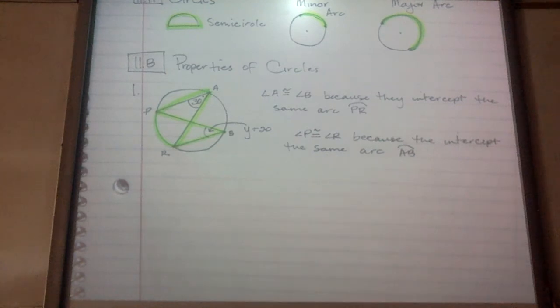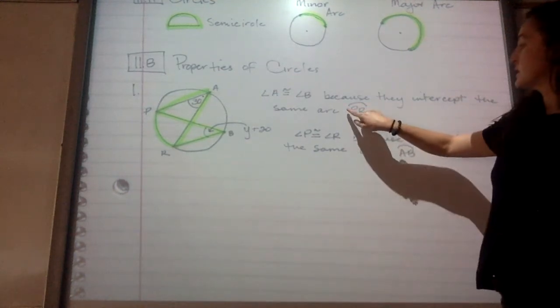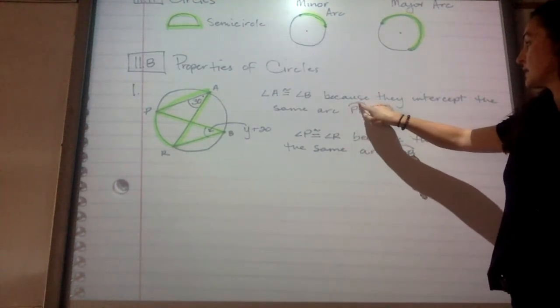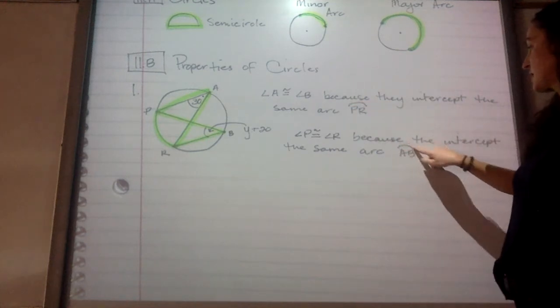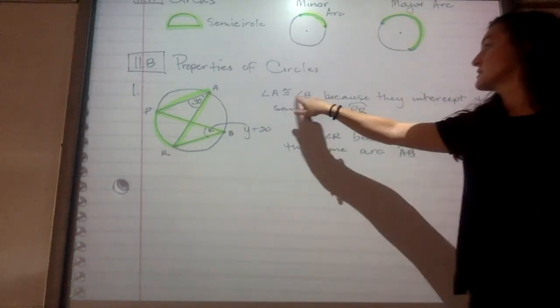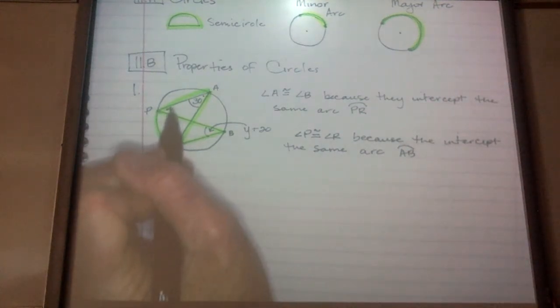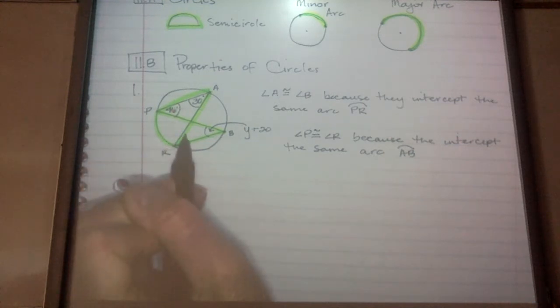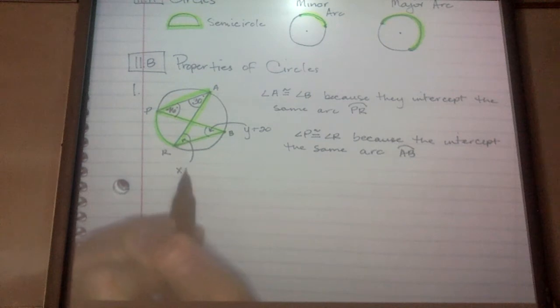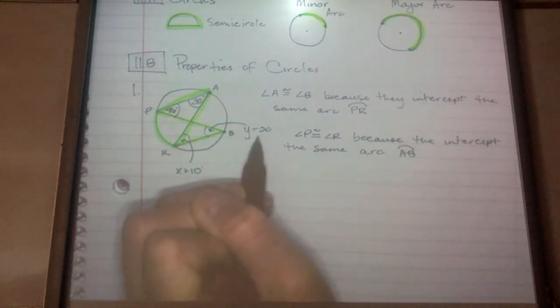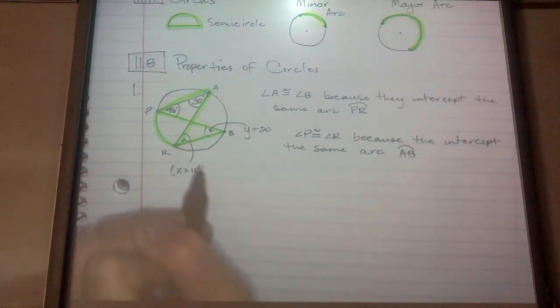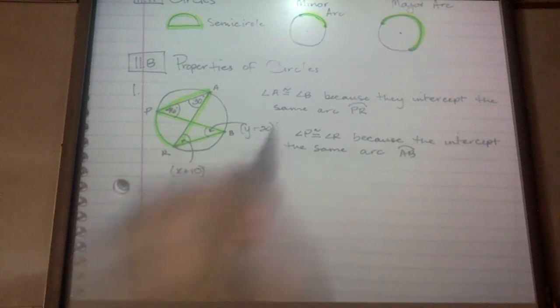Notice both of these have the little curvature above it, it kind of looks like an arc, so that's how I know this is talking about the arc, where this is the symbol for angle. So let's say angle P is 46 degrees, and this angle here is x plus 10 degrees. So solve